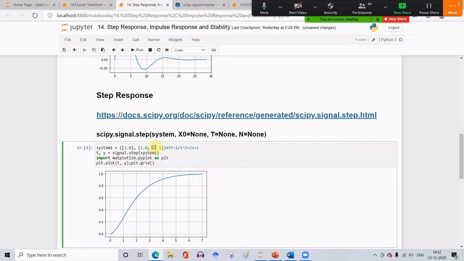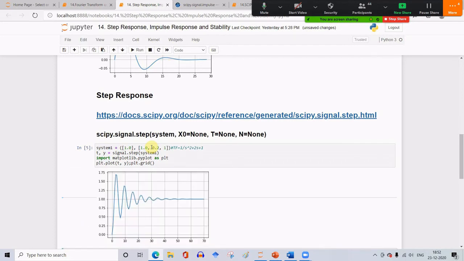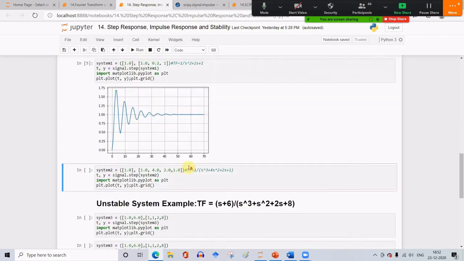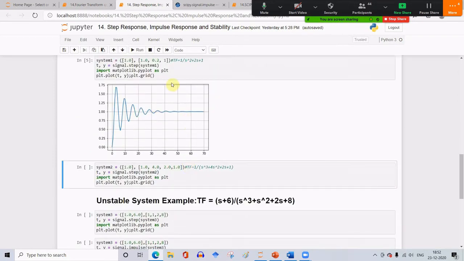You can make it an underdamped system by making it a fraction, 0.2. Let me make it 0.2. Then an underdamped system will have an oscillatory response and finally settle to 1. So it is a stable second order system with the underdamped condition. I can change this and get the output. Okay, that is the first problem.